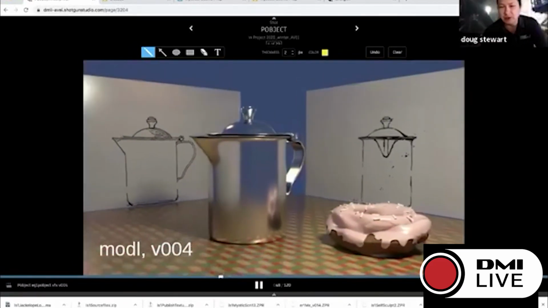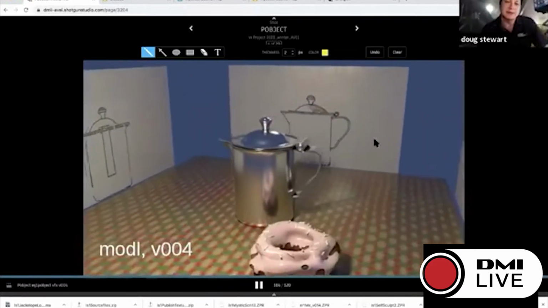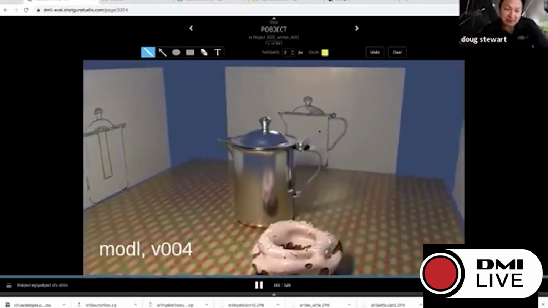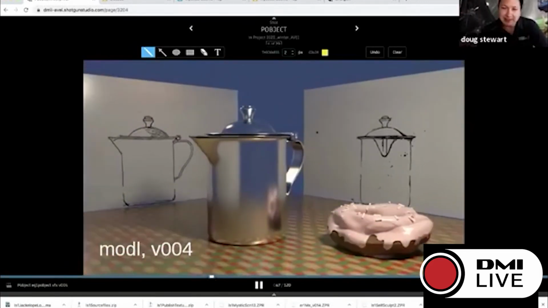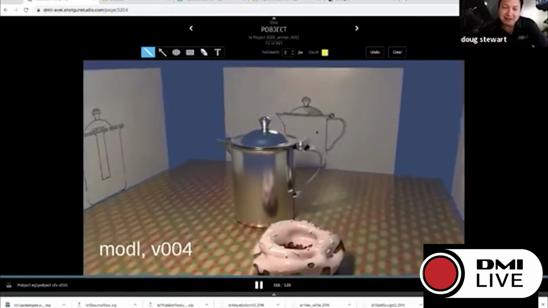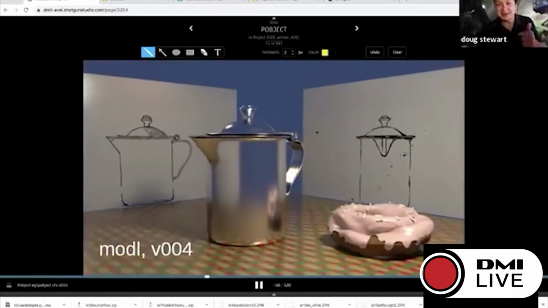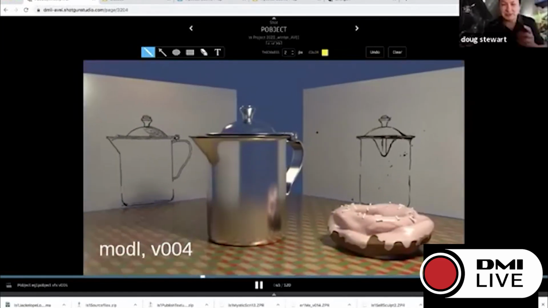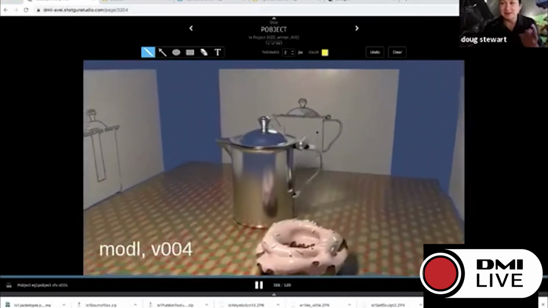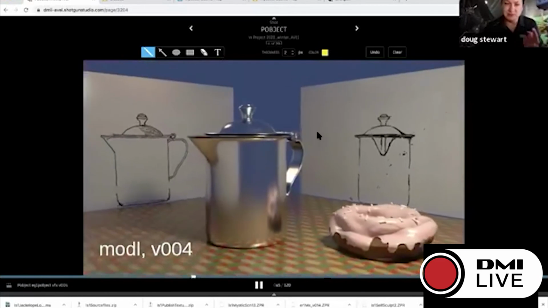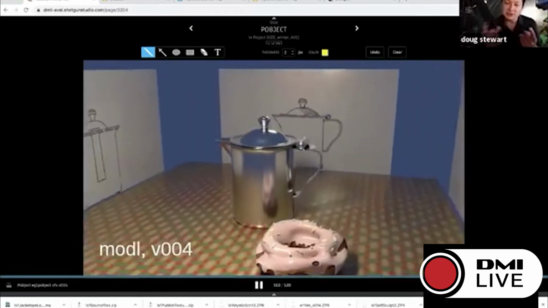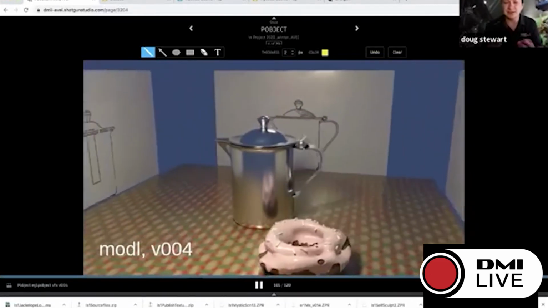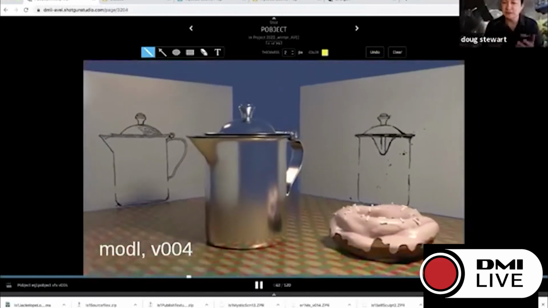Now, Arnold hasn't always been in Maya. It used to have a render engine called Mental Ray, and so when you're working in 3D, you have to remember that you have a 3D package and then you have a rendering engine, and you can use almost any 3D package, and most of the rendering engines are going to have a plugin that works with that 3D package. So if you're using 3D Studio Max, or Maya, or Blender,